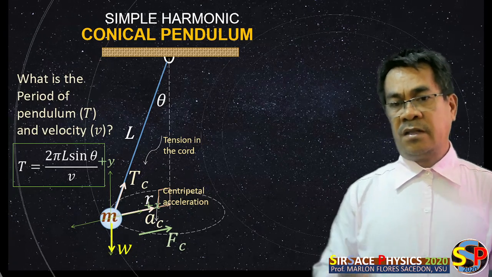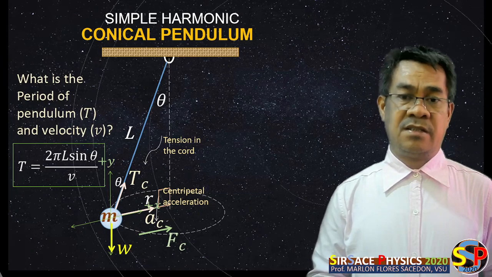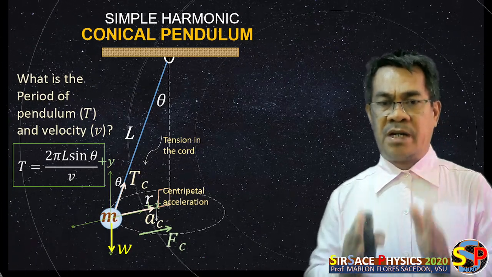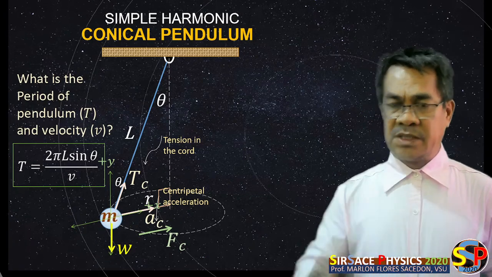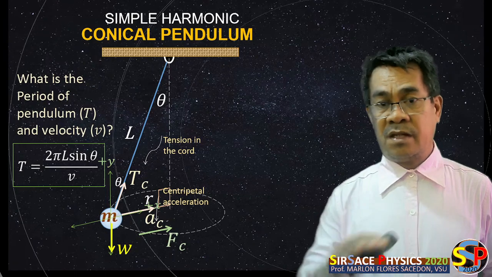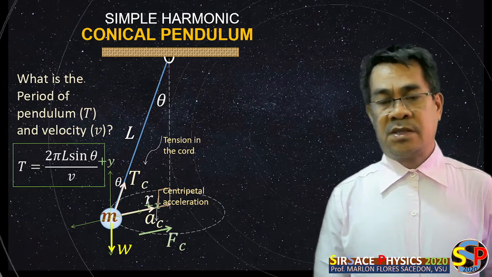Okay, and take note that the angle from y towards the tension in the cord is theta. Because remember in geometry, two parallel lines cut by a transverse line. The transverse line now is the line of the string. Then the alternate angles must be the same. Okay, so with that,